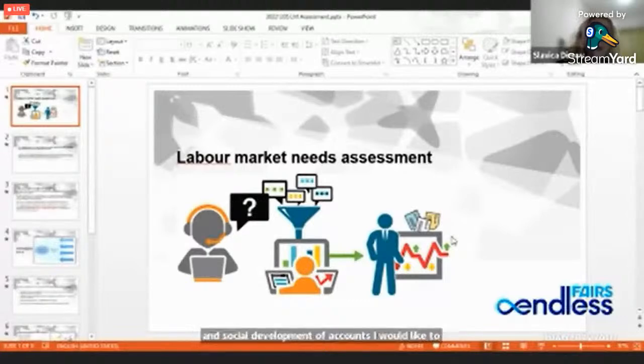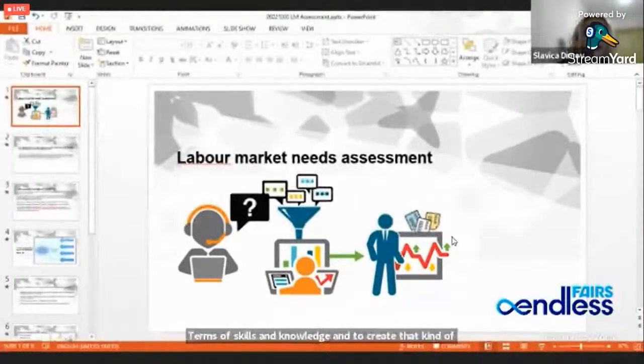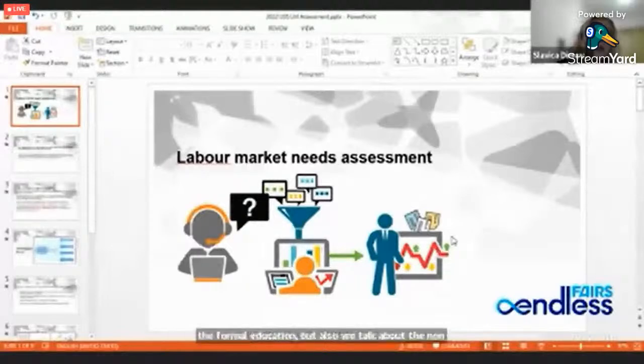I would like to share with you some insight about how we usually generate the knowledge about the labor market demand in order to respond to needs that our companies request in terms of skills and knowledge, and to create curricula and education-related documents in various contexts. And talking about various contexts, we talk about formal education, but also the non-formal education solutions and the types of qualifications that are more and more popular, especially those produced by the